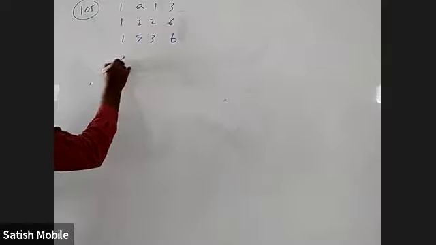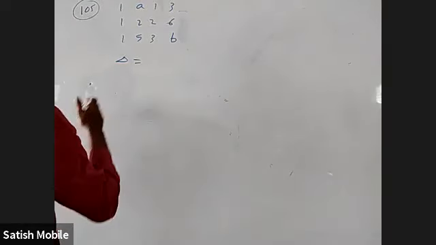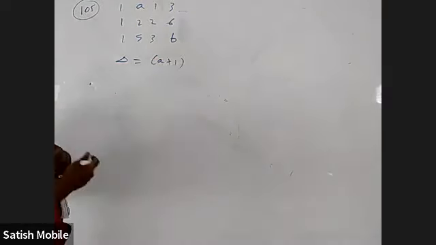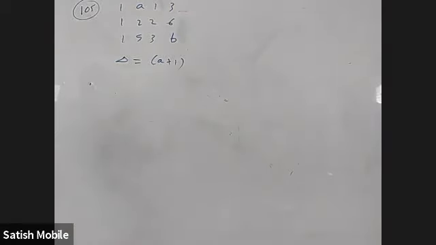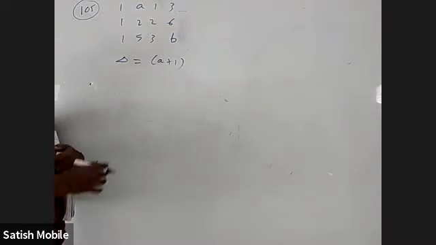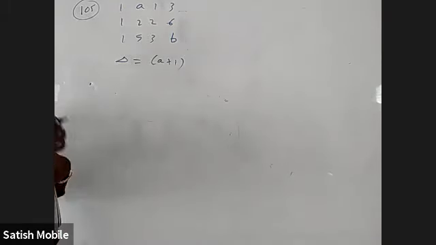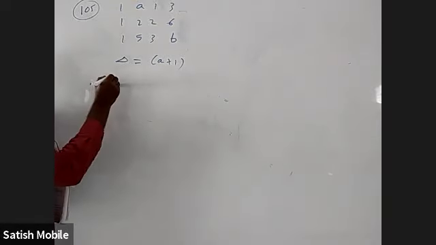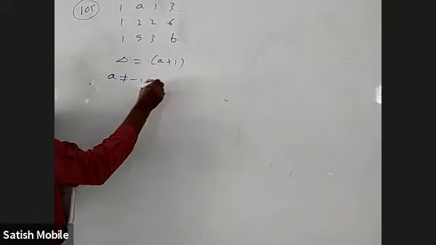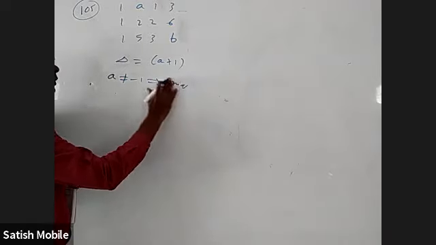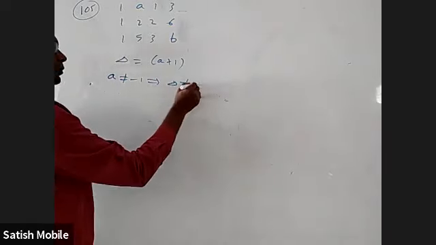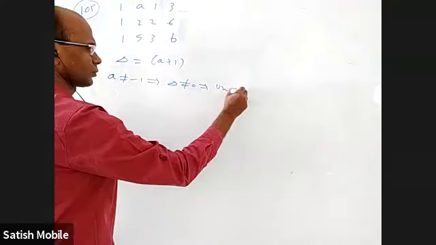Okay, so I think delta may be coming A plus 1 or something, some multiple of it maybe. A equal to minus 1, no? A plus 1. But the actual delta is this or into some 7 or something maybe. Or exactly delta is A plus 1. Delta is exactly A plus 1. Okay, fine. So as long as A is not equal to minus 1, you have a unique solution, because delta is not equal to 0, you have a unique solution.